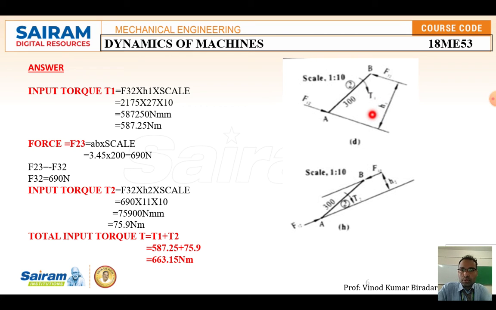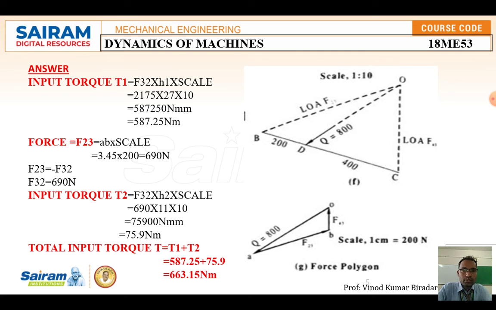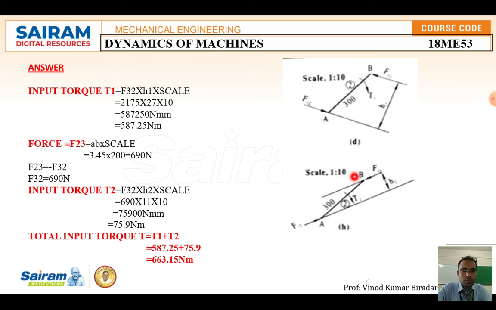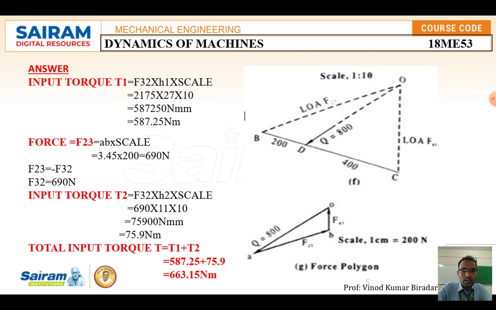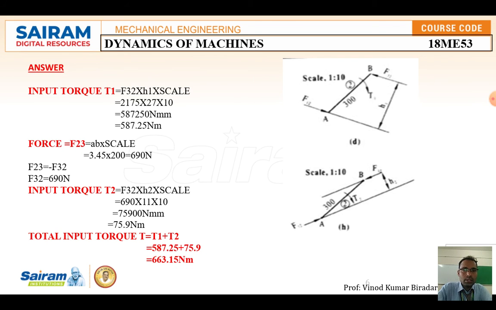If you measure, you are going to get the torque, something like 11 point something. So if you measure that, you have to write here torque T1 is equal to, you are going to get around 2.7, just write here 2.7, you are going to get 587.25 Newton meter. Similarly, from this direction, again a force because of this 800 force is acting. So a similar procedure you follow: you draw 800 Newton here, keep the scale, otherwise draw the same AB length, and take this, keep the scale on this force, you transfer to this line. This is 3 2.